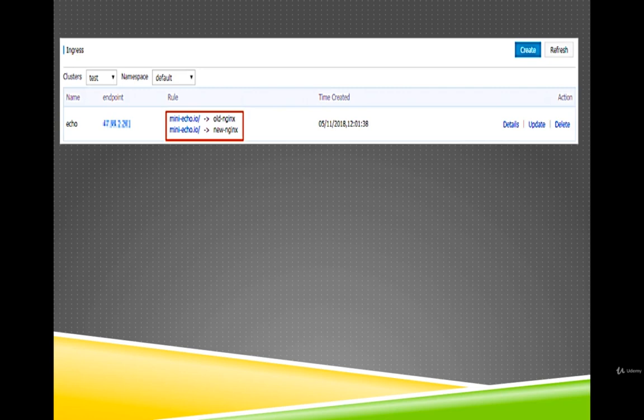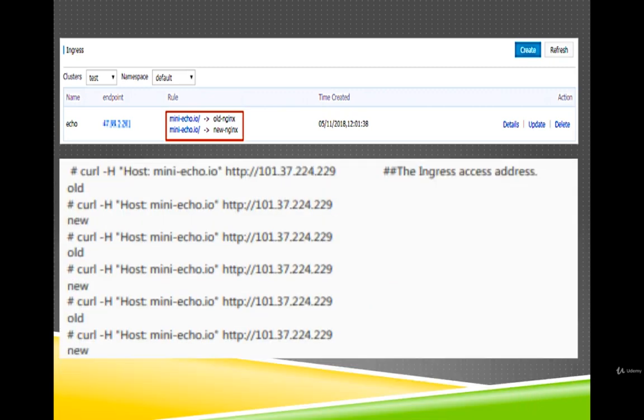Log on to the master node now and run the curl command to check the ingress access, as you can see on the screen. In this example, run the curl command 6 times and you get the new service 3 times and the old service 3 times as the returned results respectively, which indicates that the wait configuration takes effect.